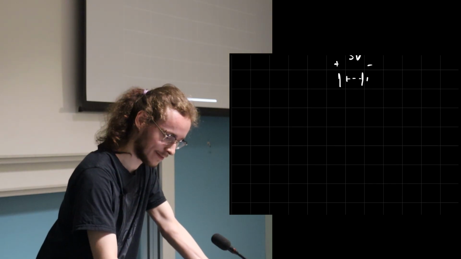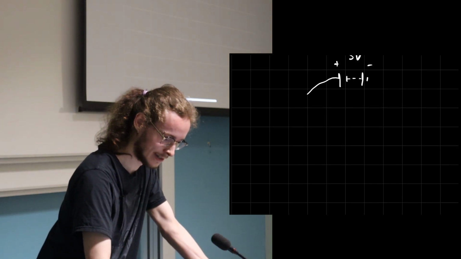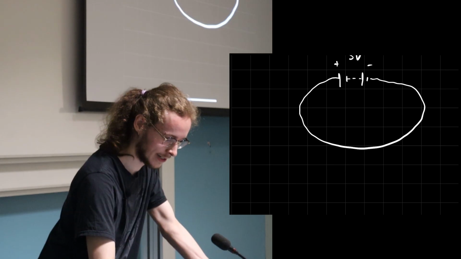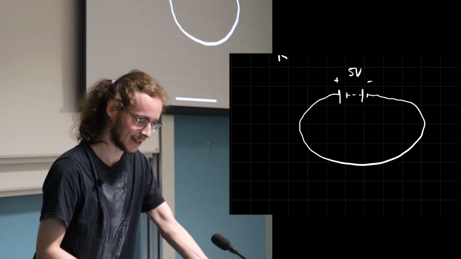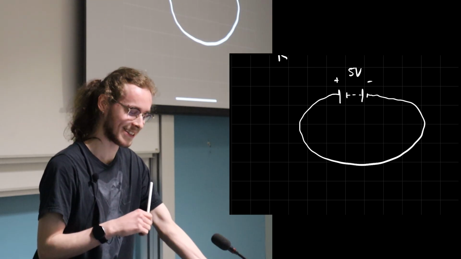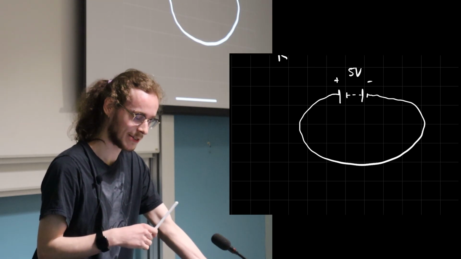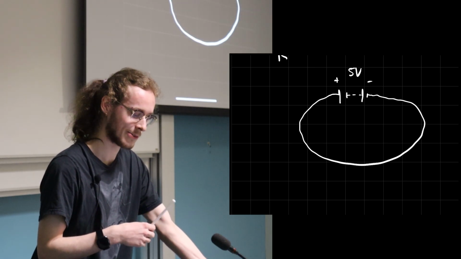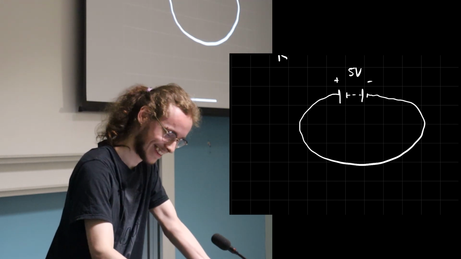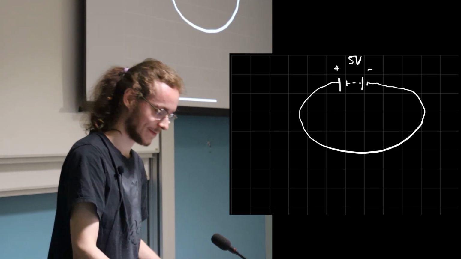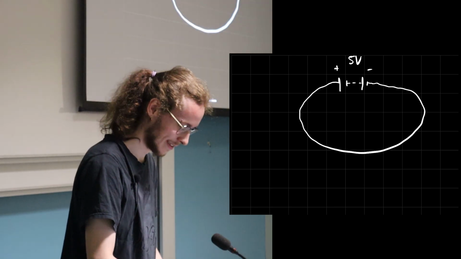Then we have a wire connecting the two ends. That's called short circuiting. You wouldn't have a circuit that looks like that because it would get really hot really quickly and probably break. But for the sake of explaining,